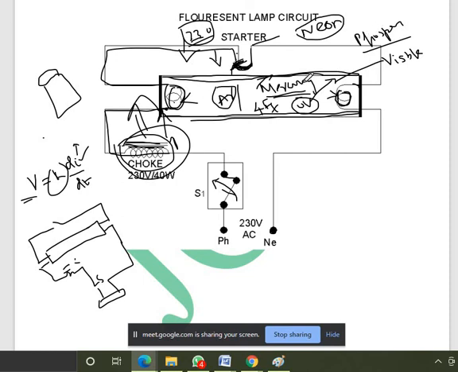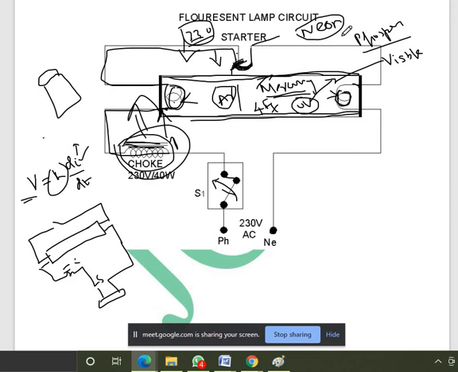So without phosphor coating, only UV rays would be dissipated from the fluorescent lamp. That phosphor will attract the UV rays and convert them to visible daylight. Daylight means white in color, but not pure white. Practically we say the light is white color, but technically it can be represented as daylight. So this is the principle of the fluorescent lamp.